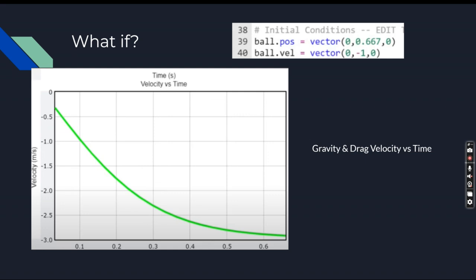For the what-if question, the object's terminal velocity is still the same if it had an initial velocity in the y direction. The only difference here is that the terminal velocity is reached more quickly compared to if the ball is dropped from rest. So to conclude this lab, we use Newton's